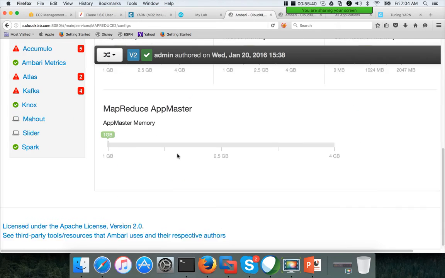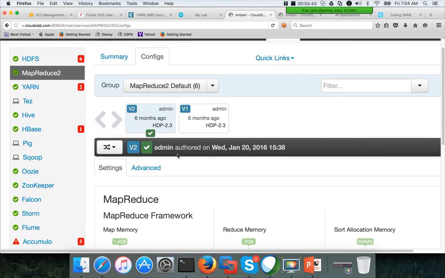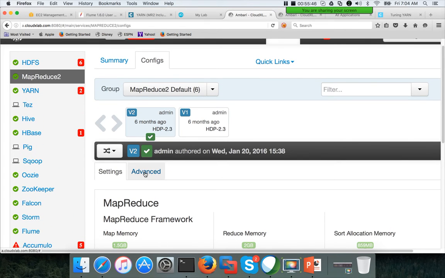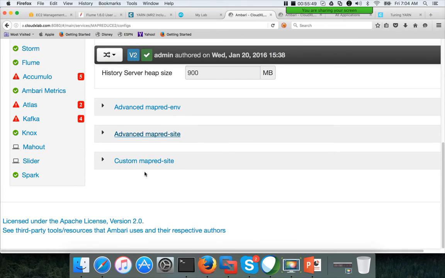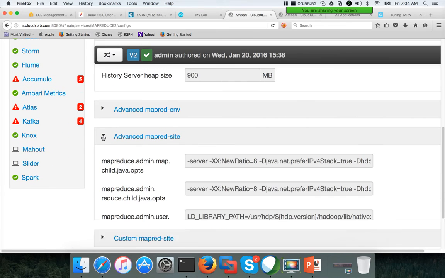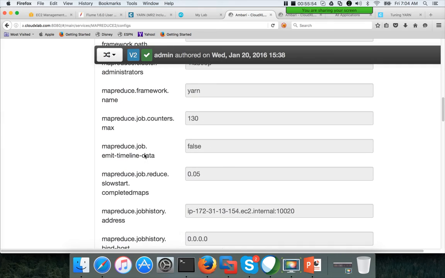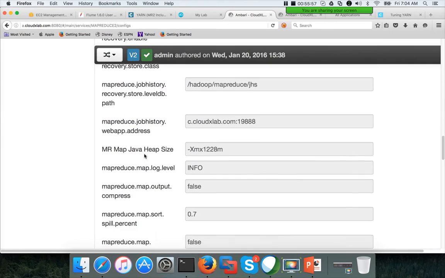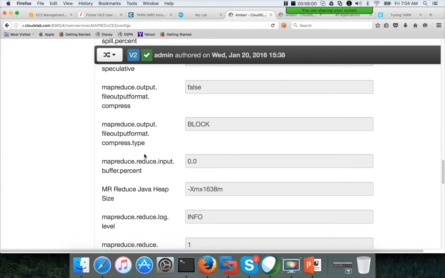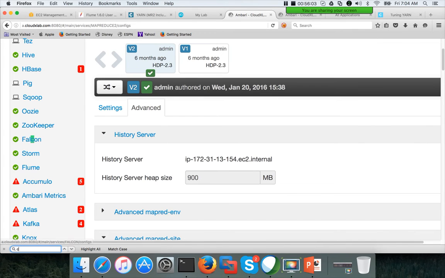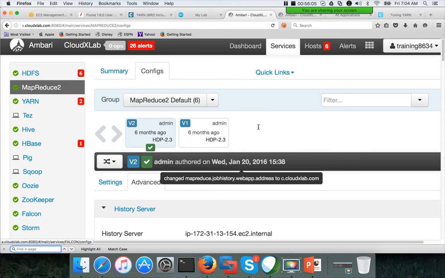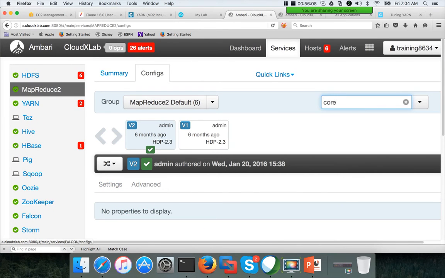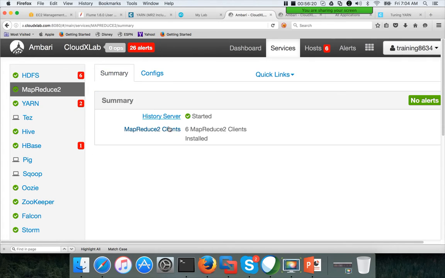the container memory settings. Okay, and then it should show the vCore settings also. Probably it might be in the advanced. Okay, advanced MapRed site. Interesting. It should show up here.